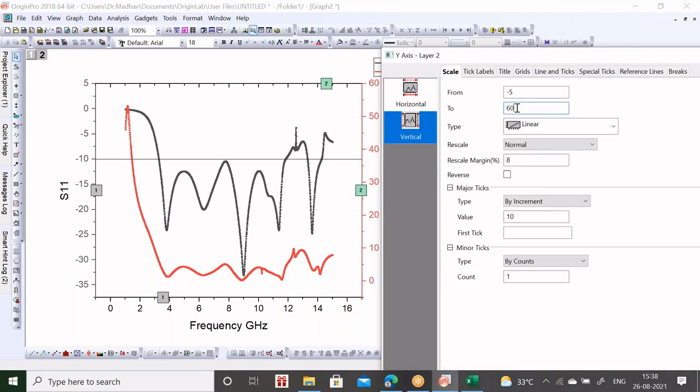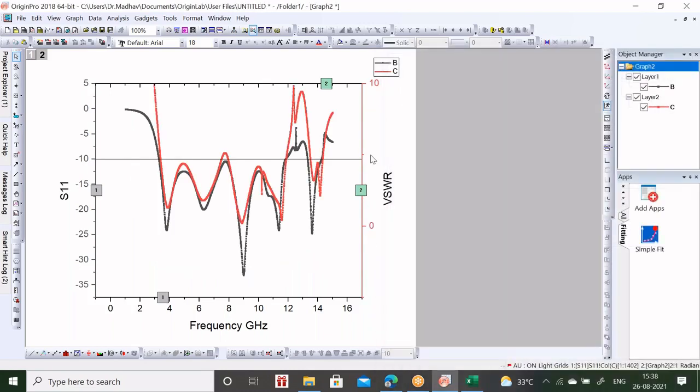You can have a maximum of 5 to 10, then it is better. Okay, the scale is changed. If you want to change further, you can change.